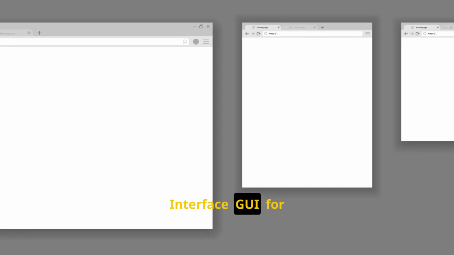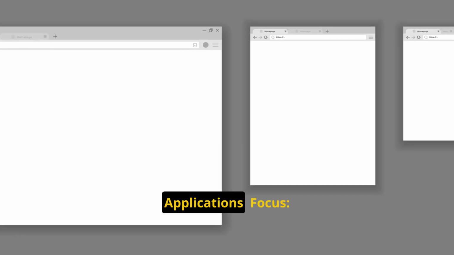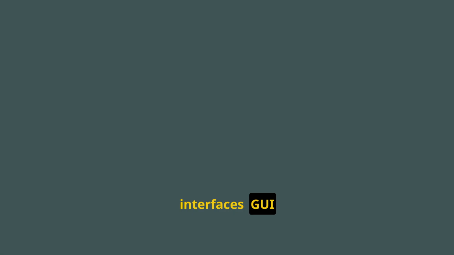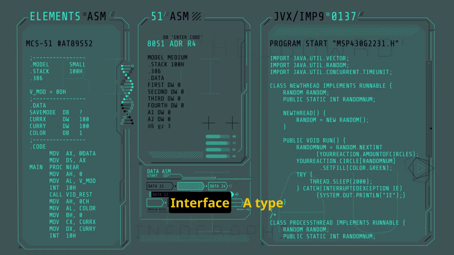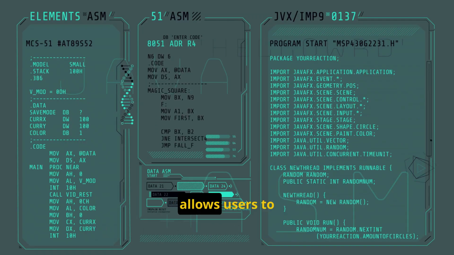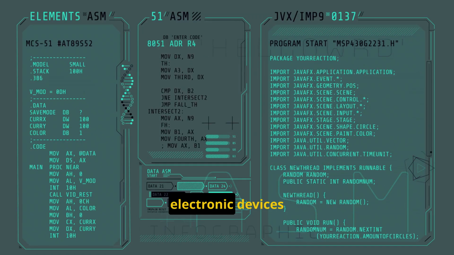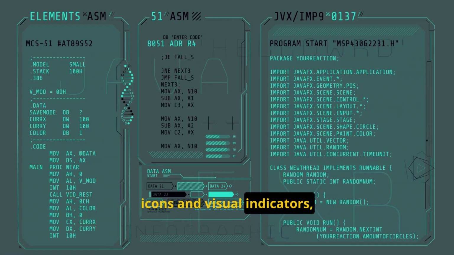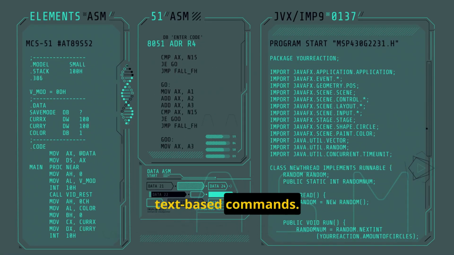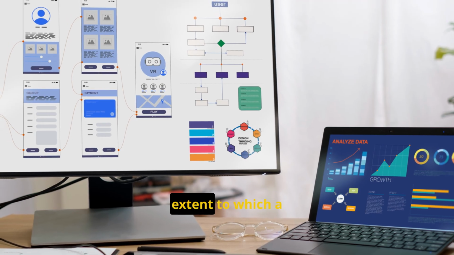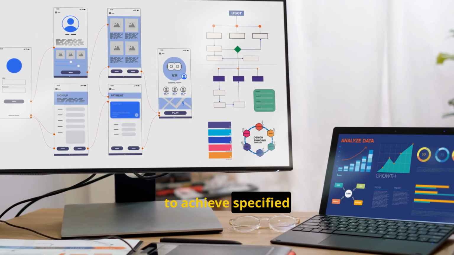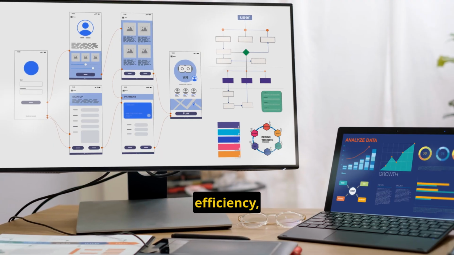Propose a graphical user interface, GUI, for standalone and web applications. Focus: desktop and browser-based interfaces. GUI, graphical user interface, a type of interface that allows users to interact with electronic devices through graphical icons and visual indicators rather than text-based commands. Usability, the extent to which a system can be used by specified users to achieve specified goals with effectiveness, efficiency,